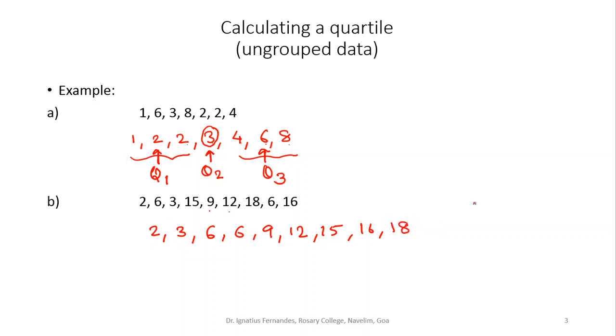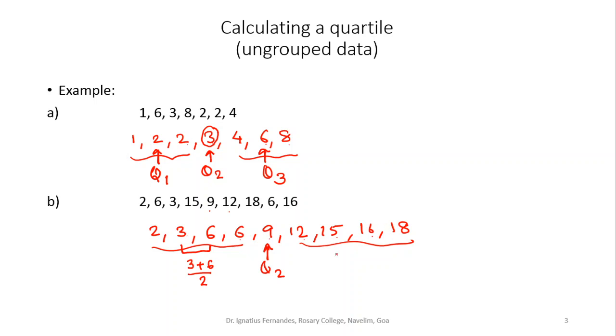Okay, so once I have put it into ascending order, now observe 1, 2, 3, 4, 5, 6, 7, 8, 9 again. So again I locate the central value. This will be my Q2. Now among the remaining parts, there are an even number of entries. So what you will do is locate the middle two values 3 and 6 and find out their mean. 3 plus 6 upon 2.